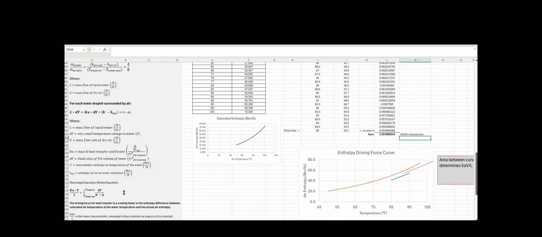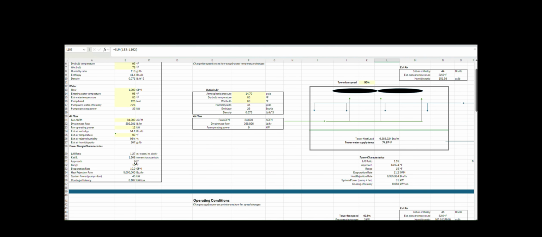So I've calculated my KAV over L to be 1.2 in this case. Now this is with a DT of 0.5. It's not super accurate. I have a built-in macro in the background that'll calculate it. So for this,